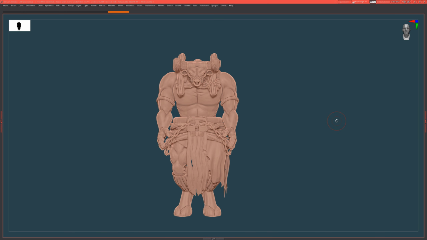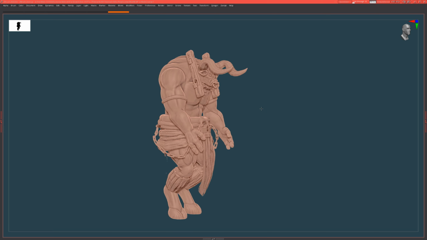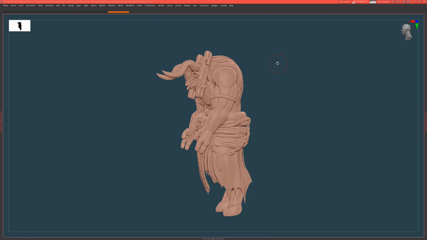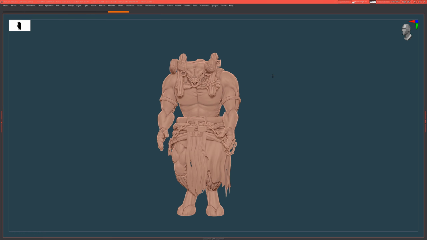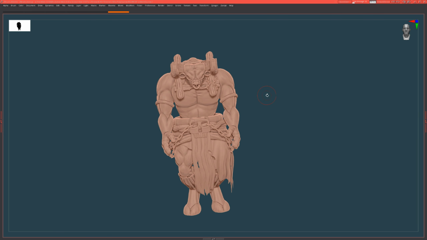And I'm not trying to make fun of the model. I'm not trying to make fun of the artist who made this. This is a free model that I found, I think, on cgtrader.com. So it's free of charge. The license should be good. And like I said, I'm not here to make fun of this. I'm just trying to illustrate to you that